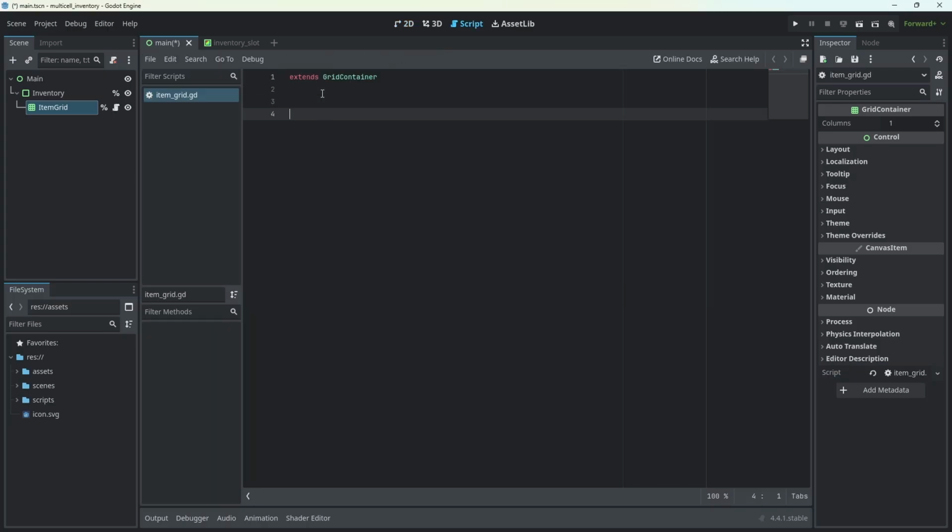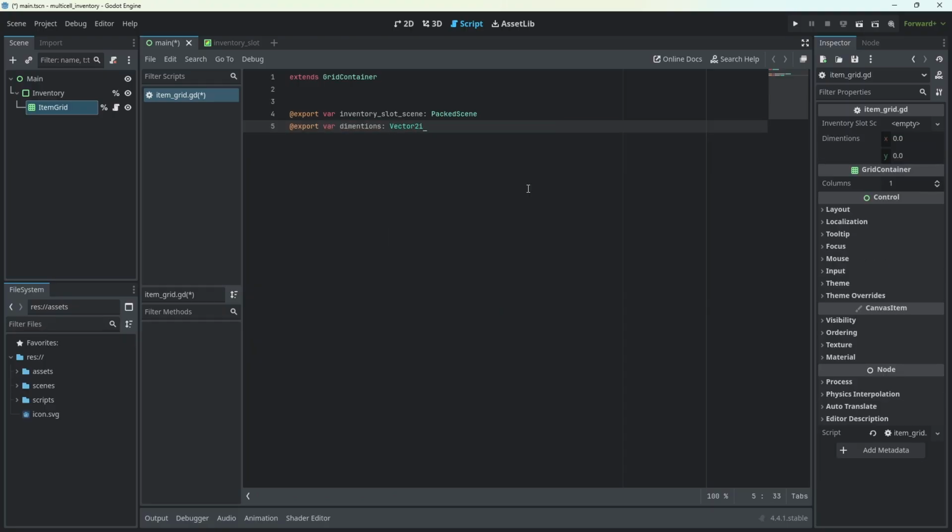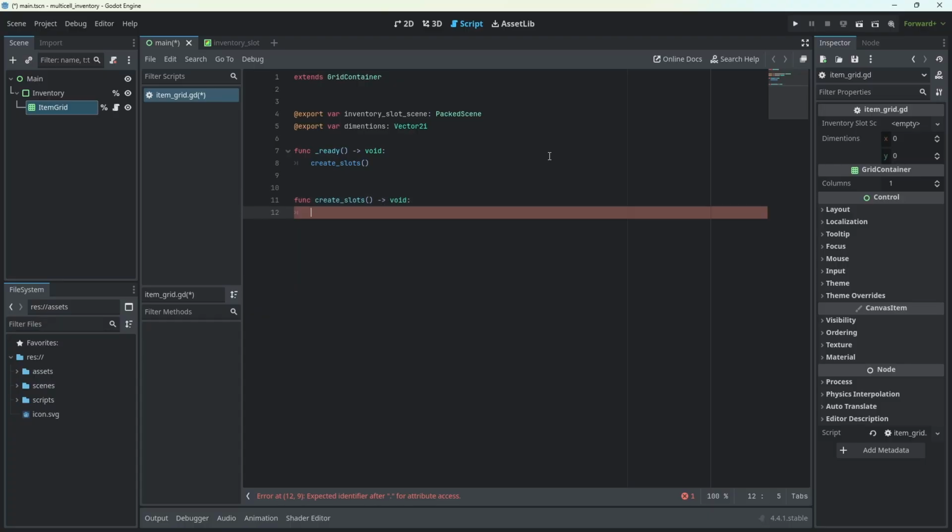Now, first thing we're gonna do, we need a reference to our item slot. So it's going to be export var inventory slot scene. And we will also need another export variable that is going to be called dimensions. Dimensions that is going to be a Vector2i. Now let's create our ready function in which we're going to call create slots function that we're going to create right now. Create slots. It is going to be a void, and the first thing we're going to do in this function is we're going to set our columns to our